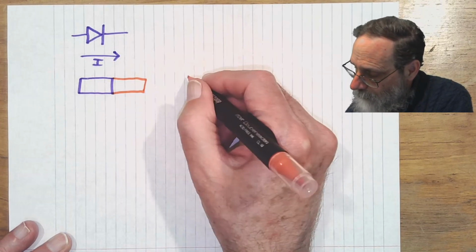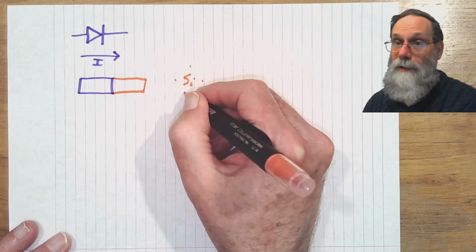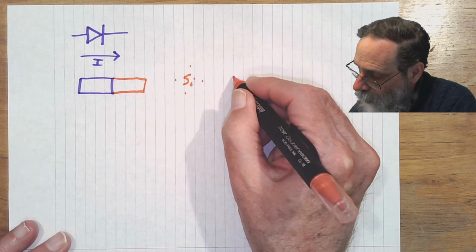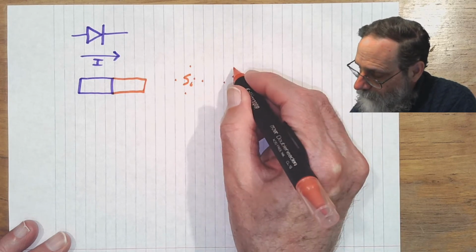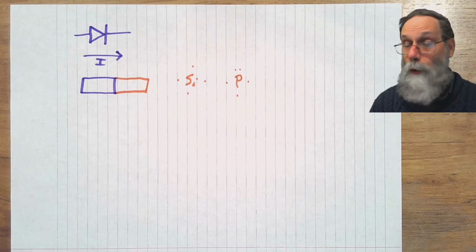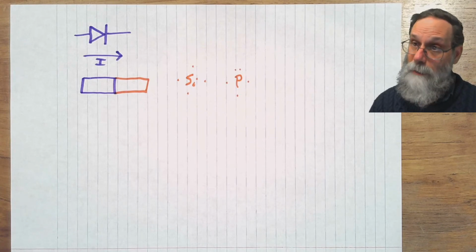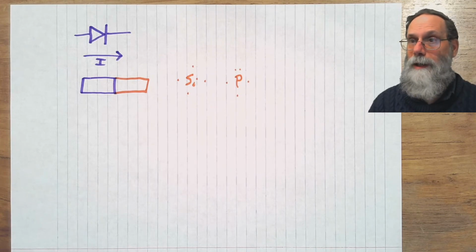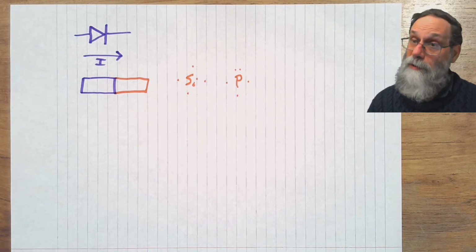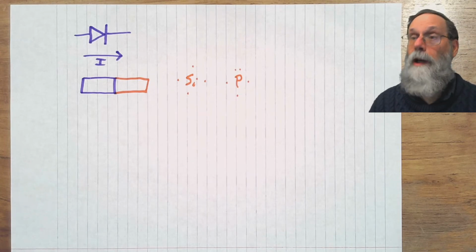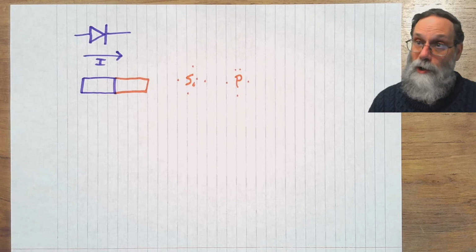Silicon, as you may remember from a chemistry class, has got 4 valence electrons. If you put it with phosphorus, phosphorus has got 5 valence electrons. And when you put the thing in a crystalline structure, it shares 4 of these valence electrons with the silicon next to it, and makes very nice covalent bonds with the silicon. You get a good crystal structure. But there's one extra electron that is very easy to knock out of the atom and have it float around as a free electron. So you have a fixed positive charge, where the phosphorus is, and a freely mobile negative